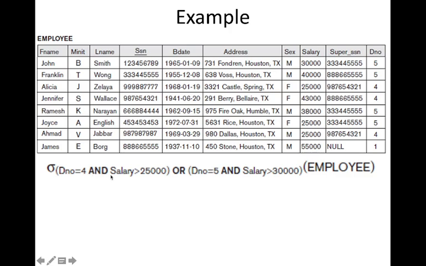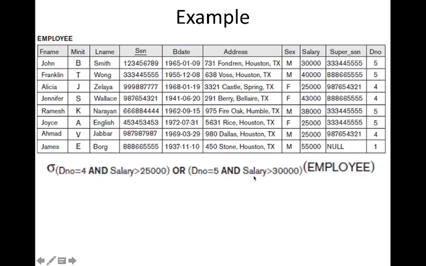You know about AND and OR operations; it should satisfy both conditions. Here we have 3 employees in department number 4, with salaries 25,000, 25,000 and 43,000. So only one employee has a salary greater than 25,000, that is Jennifer. This condition is satisfied by only one row.